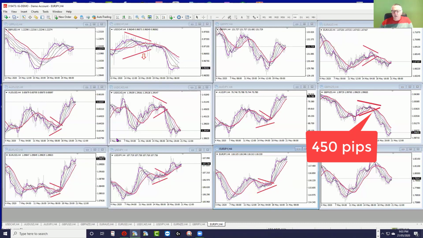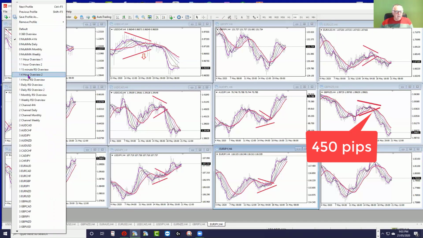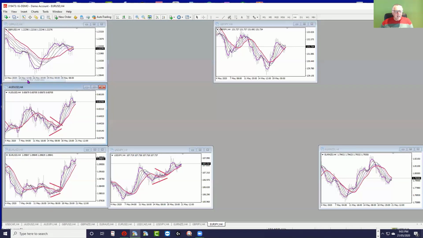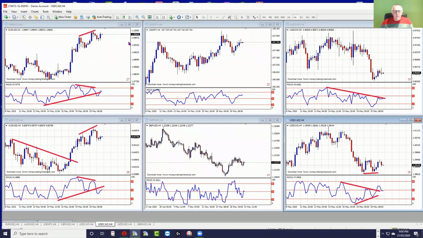Okay, so let's have a look at the charts. And what we're now looking for is the market has moved and we're starting to look for some reversal signals, and they are coming up. So let's have a look at the 4-hour. We'll go straight into the normal ones. And here